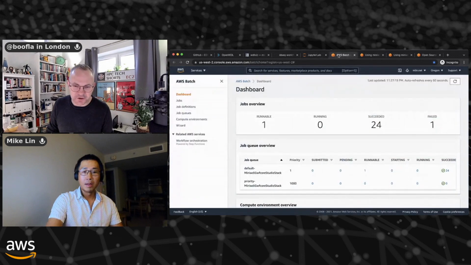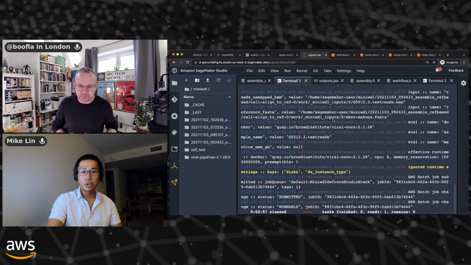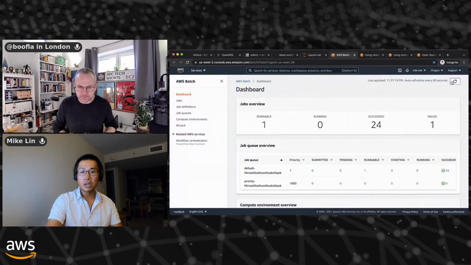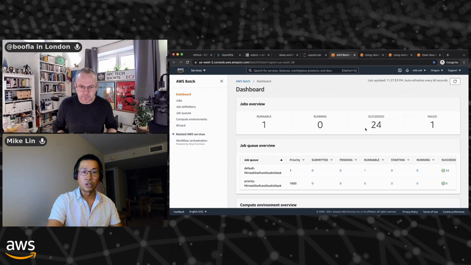Yeah. So I was going to ask about that. How does all this orchestrate? Indeed, this miniWDL is just running inside SageMaker Studio here, but just launching batch jobs. So now if I go out of my way and open up the AWS Batch console, I can see I have my job queued up, and some of my prior jobs from my previous run still